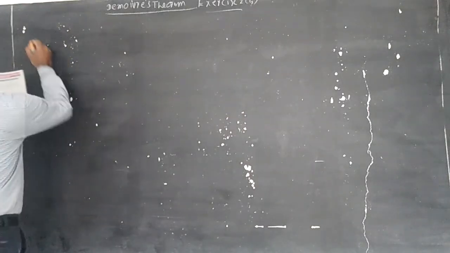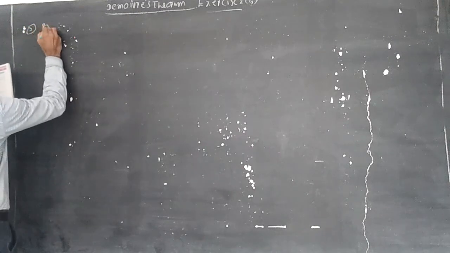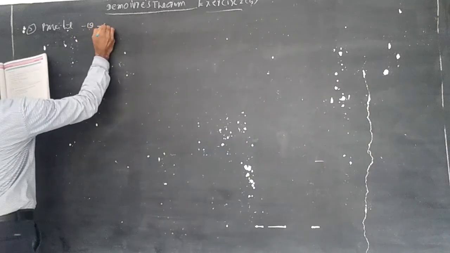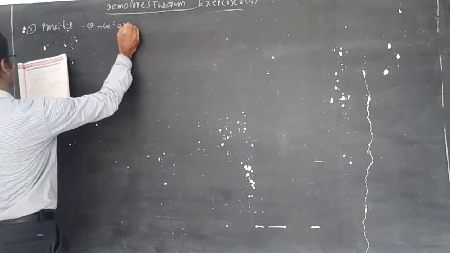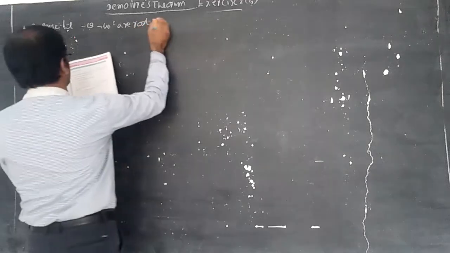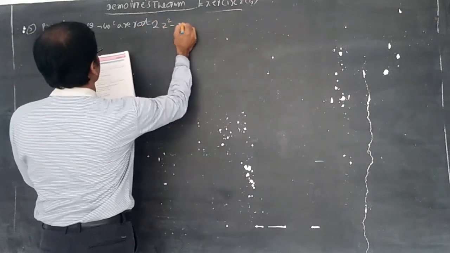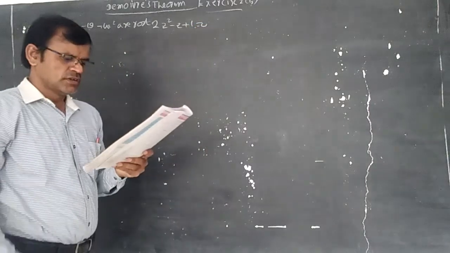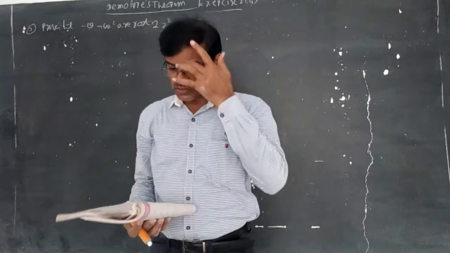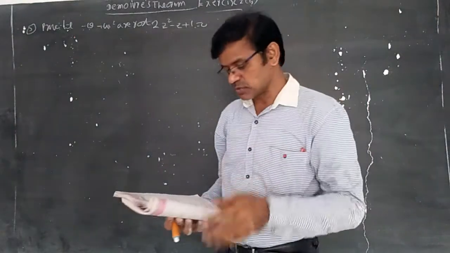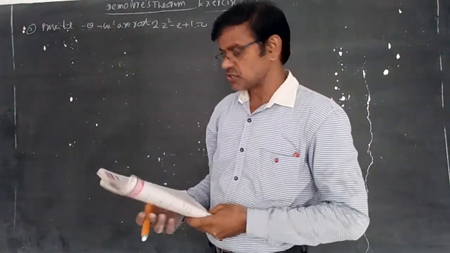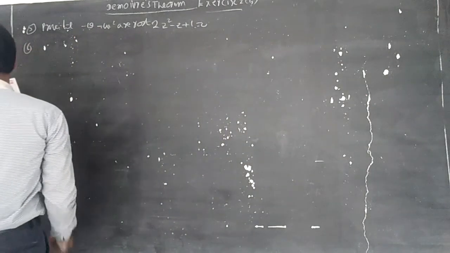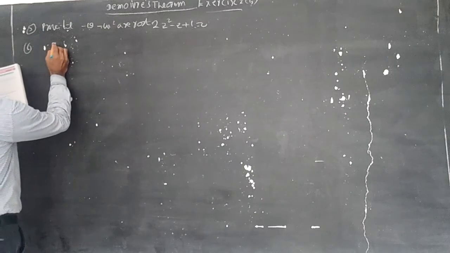Next, fifth one, prove that minus omega, minus omega square are roots of z square minus z plus 1 equal to 0. Simply substitute minus omega, there is no question of tough, simply substitute, you will get 0, that's all. At last you write simply they are roots. Do homework.